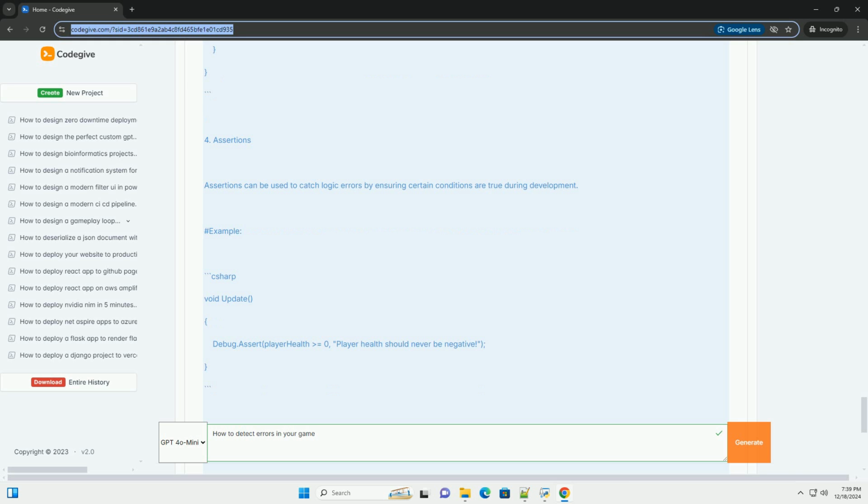4. Assertions. Assertions can be used to catch logic errors by ensuring certain conditions are true during development. Example, C#: void Update() { Debug.Assert(playerHealth >= 0, 'Player health should never be negative');